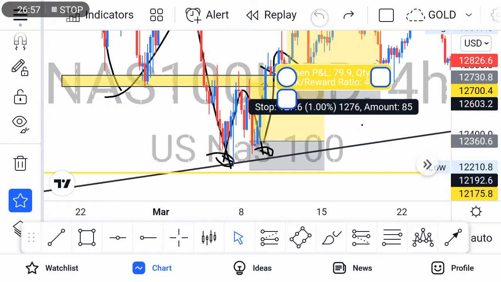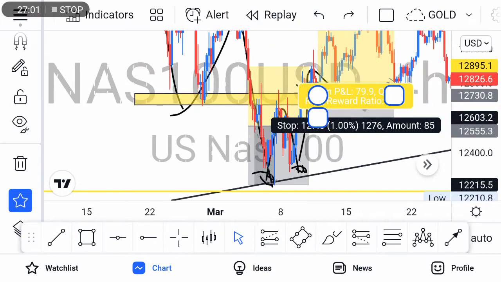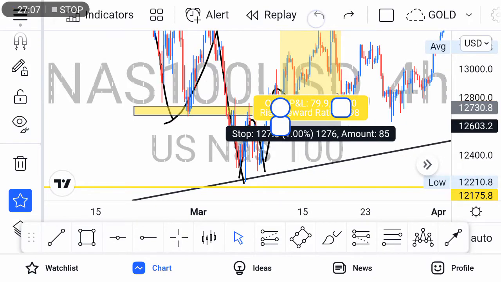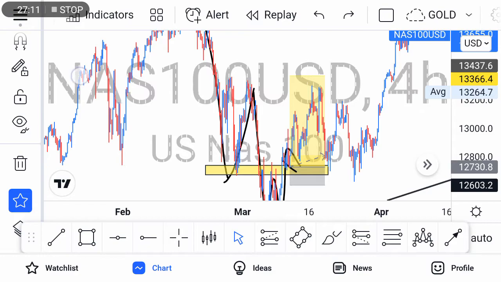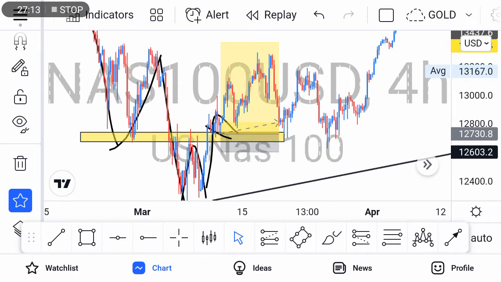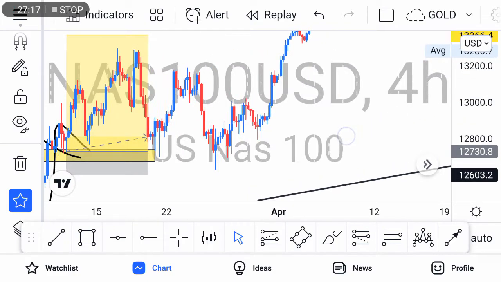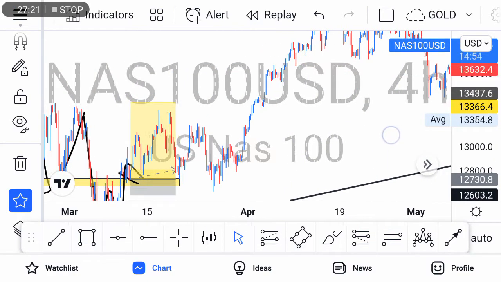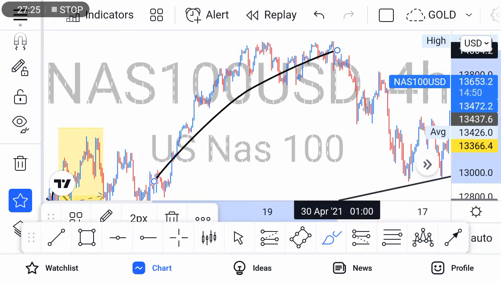But I know sometimes once you start trading, you become a little bit aggressive and you take early entries. But now we're just focusing on this. Maybe the more experienced you become, that's when you will take those early entries. So you can see, guys, we have a bullish market